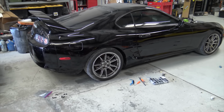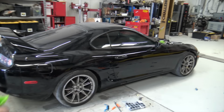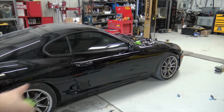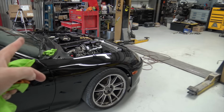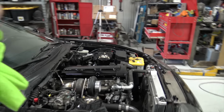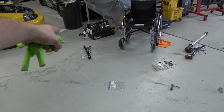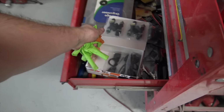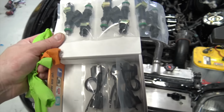Putting all the exterior trim and the weather stripping and the window stuff all back on, the mirrors, the door handles. The car is pretty much all the way together except for the hood, the intake manifold, and the fuel system. So we have a Radium fuel rail, fuel pressure regulator, and the gauge. We got the Deutschwerks injectors, 1000 cc's, 6 of those. So gonna throw